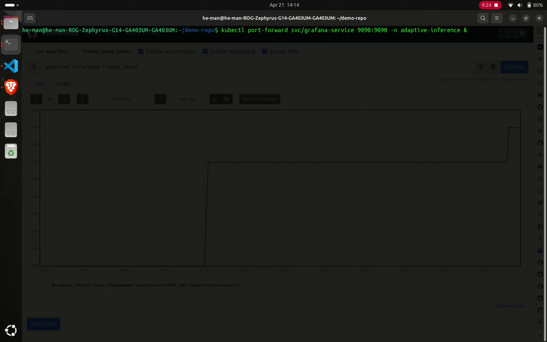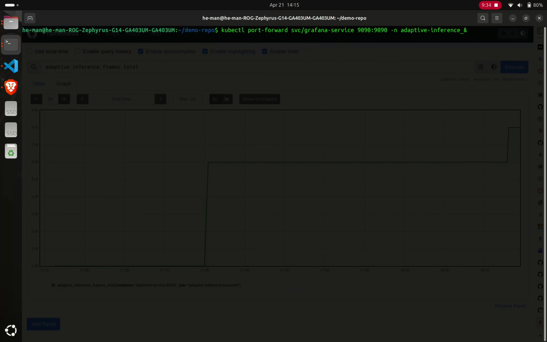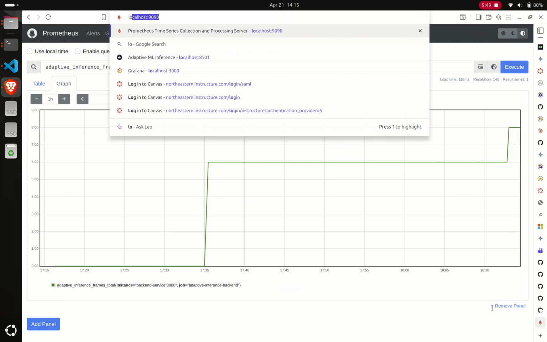And coming to our other metrics, that is the Grafana dashboard. Oh, sorry, I just made a mistake over there. I have to change the port number as well. Now coming to the Grafana dashboards,